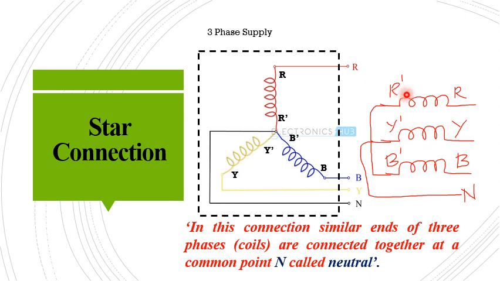That is, the current through R phase can be written as Im sin omega t, and the current through Y phase can be written as Im sin(omega t minus 120 degree). The current through B phase will be Im sin(omega t plus 120 degree). If we add up these three currents using vector addition, it is found that the total current is 0. That means the current through neutral will be 0. So this is all about the star connection.